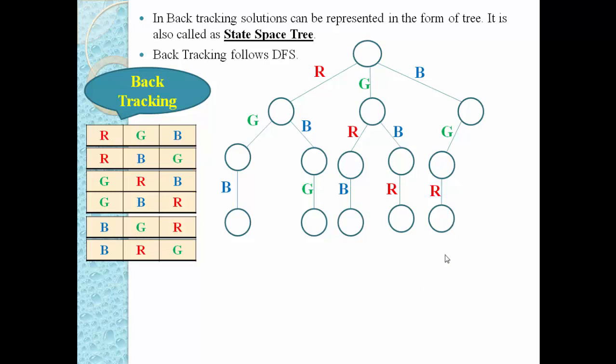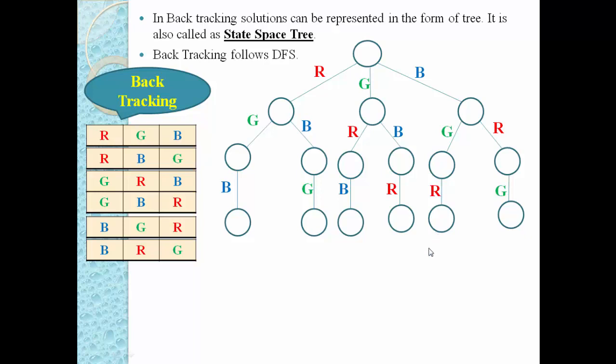Now we cannot explore our tree further, so we have to just go back. In place of green we can use red, so use the red object, then after that the green object. Now we cannot explore, so just go back, again go back. Now there is no other option, we have already filled the objects red, green and blue, so we have checked all the possible solutions.